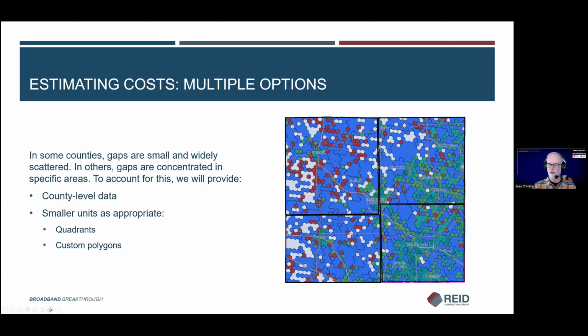So what we were doing for a county like McHenry is we basically divide it up into approximate quadrants, based on where we see break lines between the gap areas, and then we calculate for each of the quadrants. We'll also do a calculation for the whole county. So if you're doing a presentation or talking to somebody for planning, you can say for the entire county, if we wanted to reach every location that's not going to get funding through BEAD or another program, here's how much it would cost. And then you could zoom in on, say, the area around Marengo, and just look at the numbers for this quadrant.